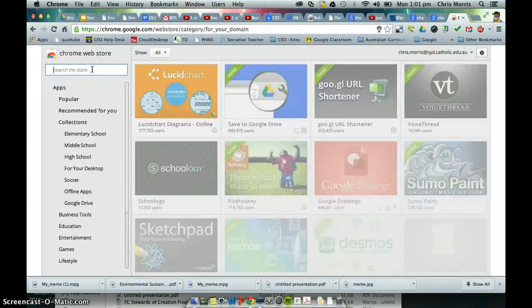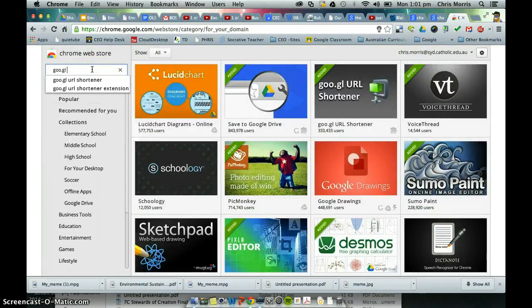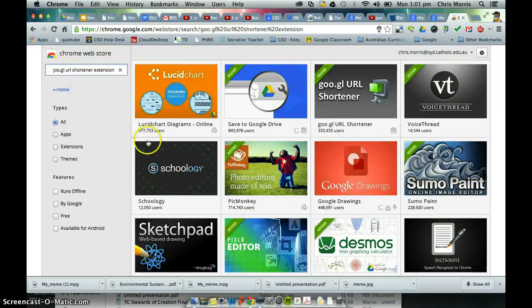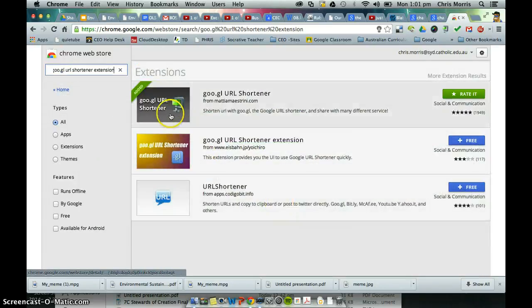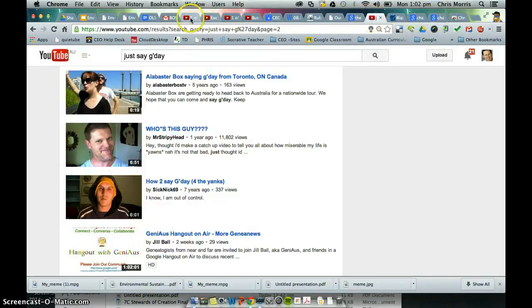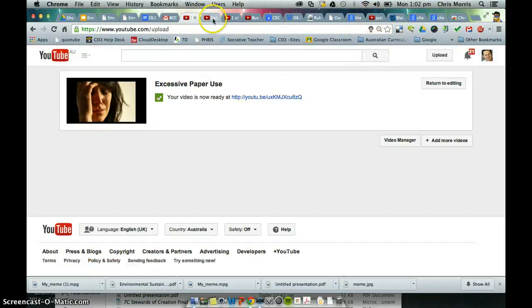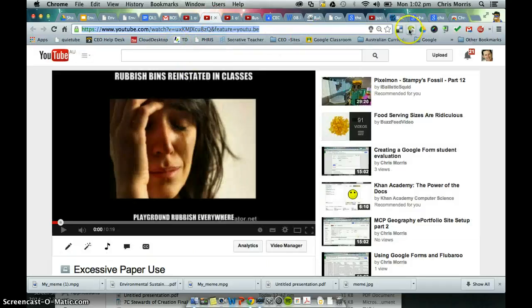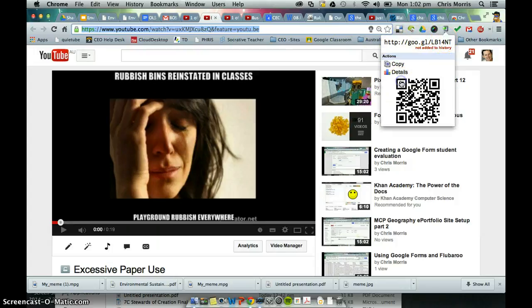Just searching for it, so URL shortener extension. And you can see that's what comes up there. So if you add that, then it will appear in your toolbar up here. So assuming that you've added that, then if I go back to my video, that's it there. I create a Google URL shortened link, which is that,